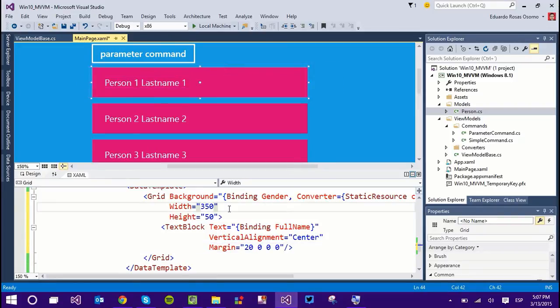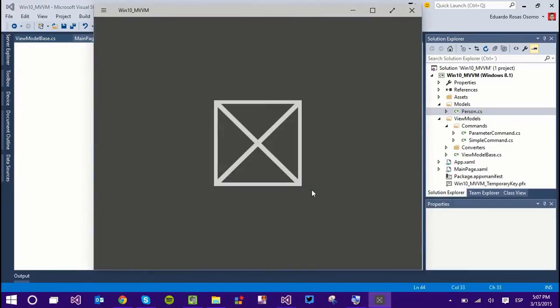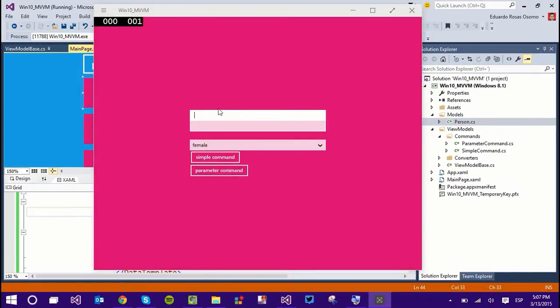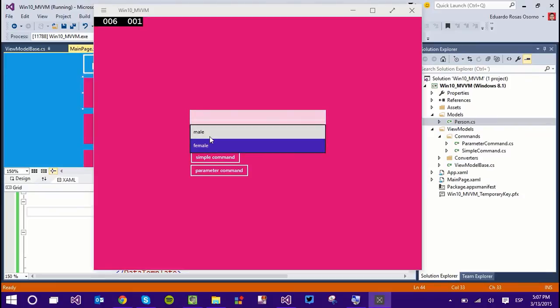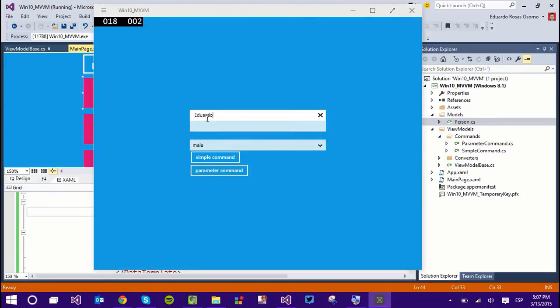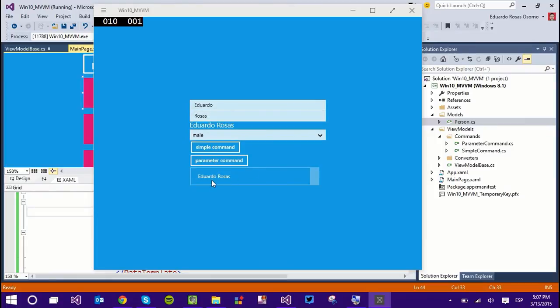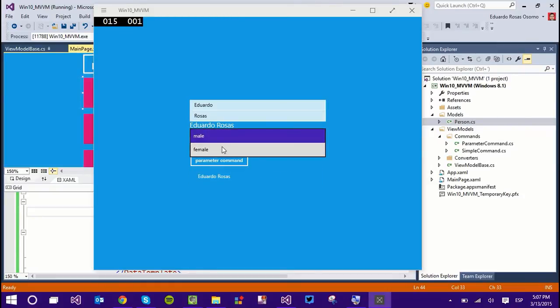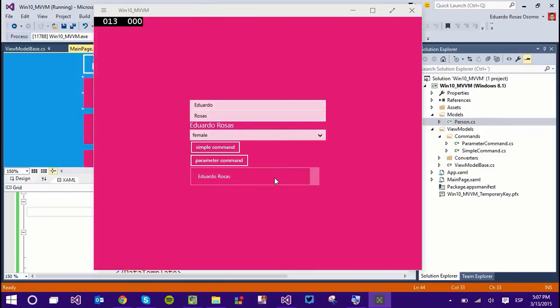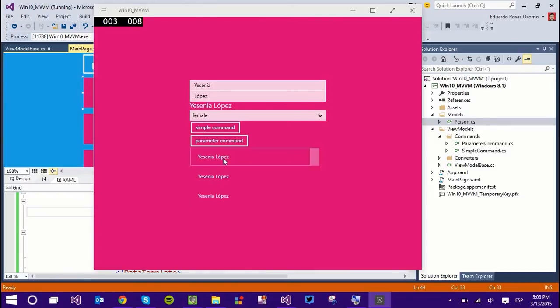Okay, great. Maybe the grid was too big. Let's just go ahead and run this one more time and see this actually working. In this case, I'm going to add a male first. And as you can see, it is added. Now you can't see particularly well that the background of this grid is actually blue, but let me change here. And as you can see, as I keep adding, all these things are changing